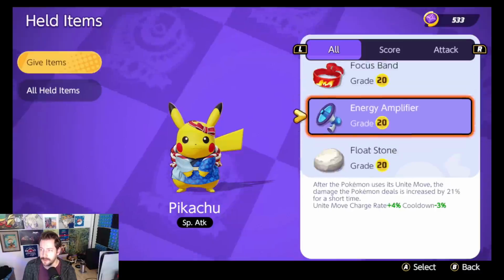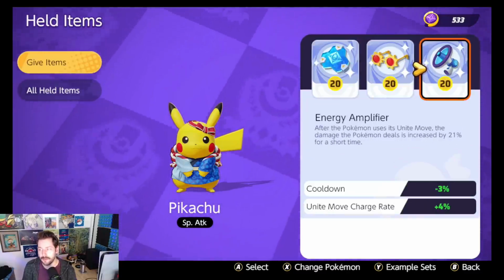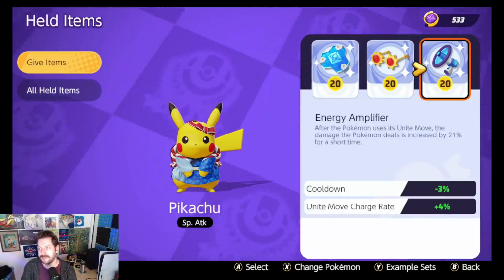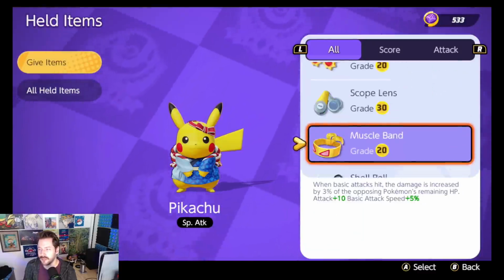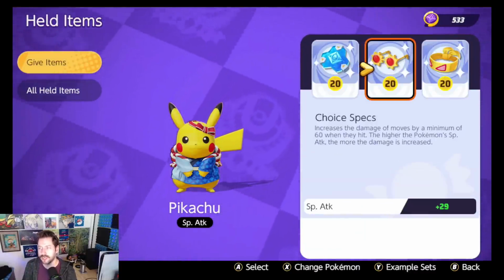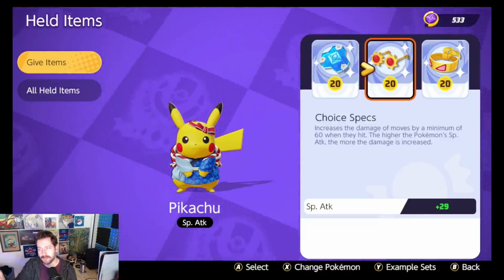Again, some people might run an Energy Amp here. That way, when you use your Unite move, you get this huge increase in damage for a moment. I could see that being actually a fun call on Pikachu, something like this. But I usually play Pikachu a little closer to this. All of my basic attacks are doing some extra damage. When I'm hitting with my abilities, once every 8 seconds, I get a big pop of damage, which is great